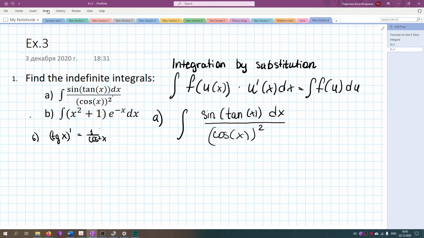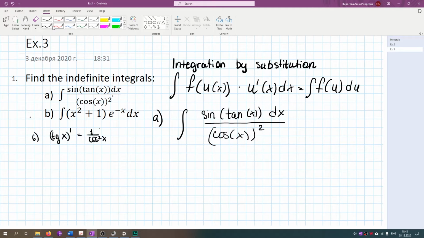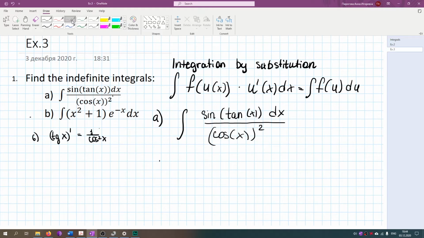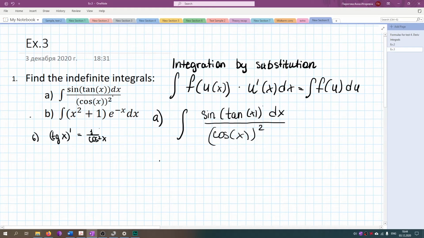So let's talk about the third exercise. Here we have to find the indefinite integrals, and we will use here the method of substitution. So speaking about the part A, if you look carefully at the equation which we get here,